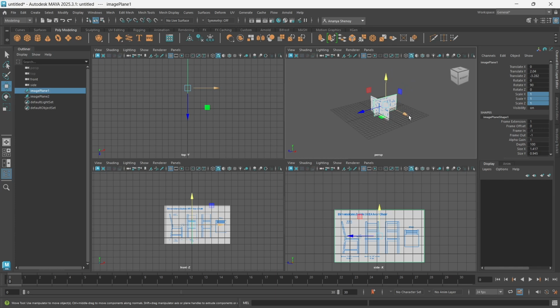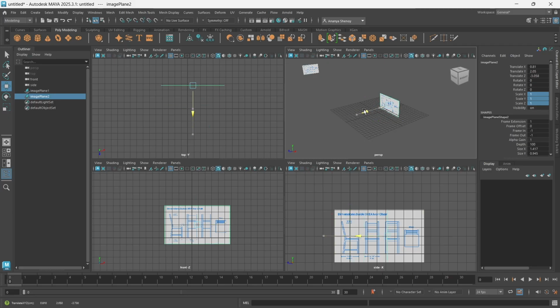One thing we can do is, now that I'm on the side view, I can move this image back in space so that it's still visible in the side view, but it's not blocking this center. And I can do the same to this one, still in the same position, but I'm just moving it back in space. So that's an option, and if you want to leave it like this, you can. But if you also want to not have it be visible in this view, just click on the image plane,